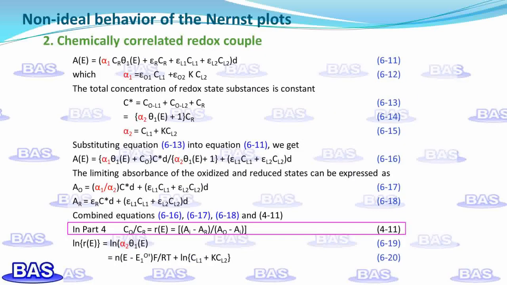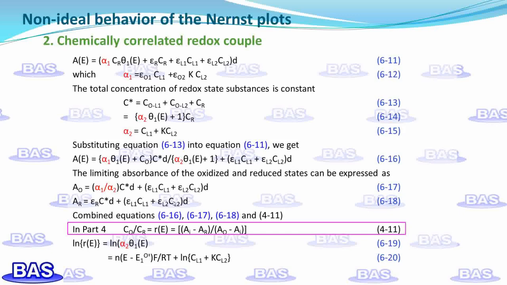From the rearranged equation for the total absorbance at any potential, alpha can be represented by equation 612. The total concentration of the redox substances is constant. It can be represented by equation 613 and can be further represented by equation 614. In this case, alpha is equal to. Substituting equation 613 into equation 611, we get equation 616, which is expressed by absorbance. The limiting absorbances of the oxidized and reduced states can be expressed as